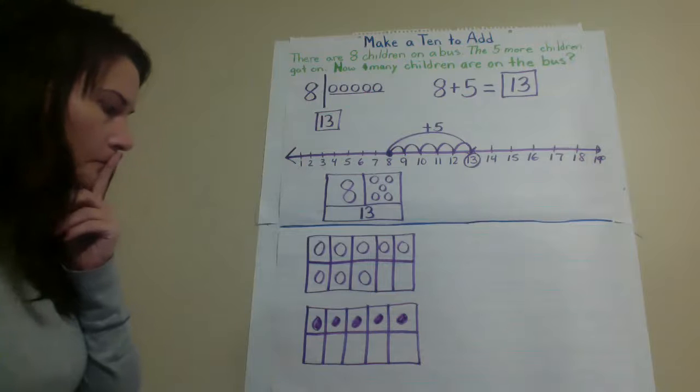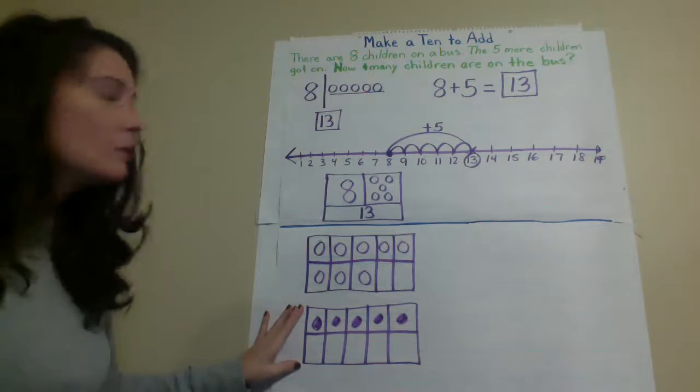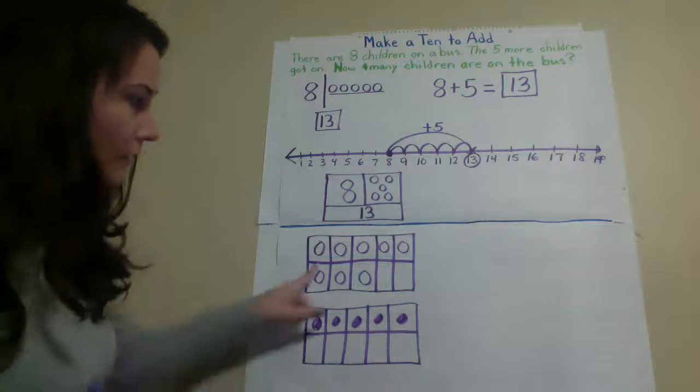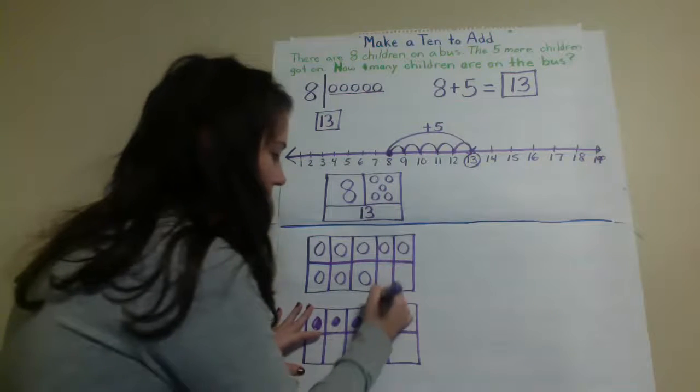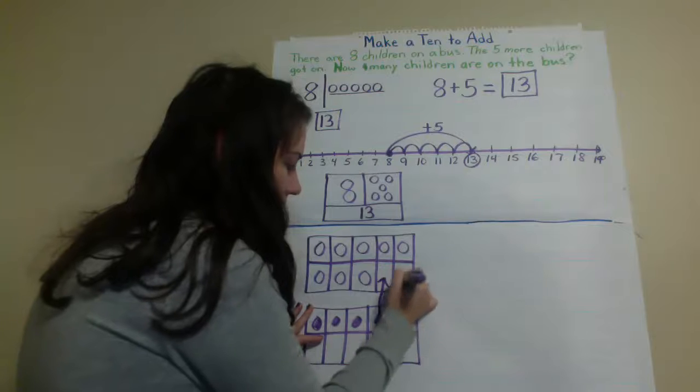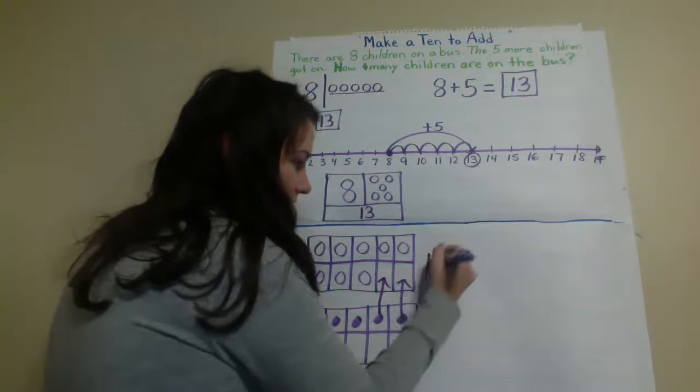Now, I have 8 and 5. I know there's 2 empty places up here. So I'm going to move this one up here and this one up here. So now I have 10